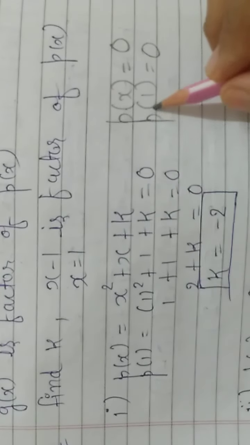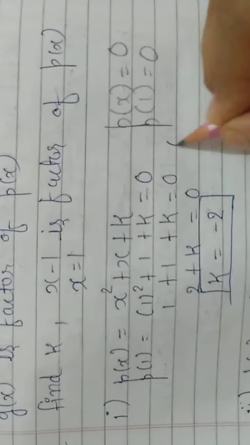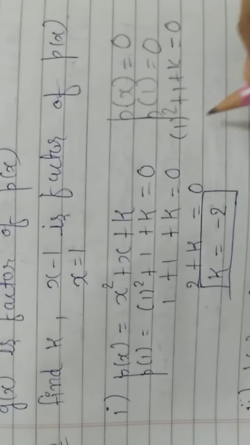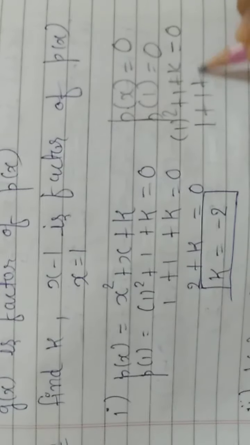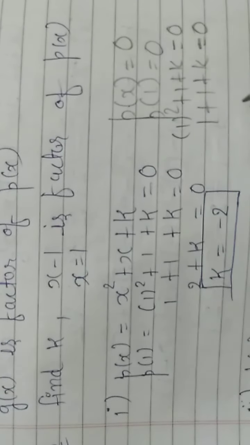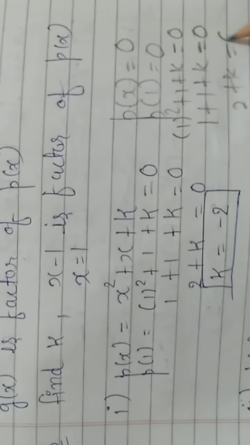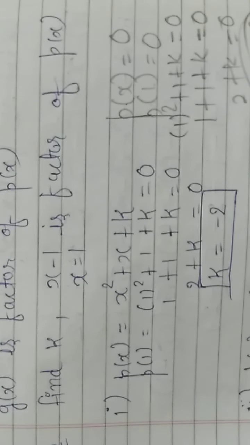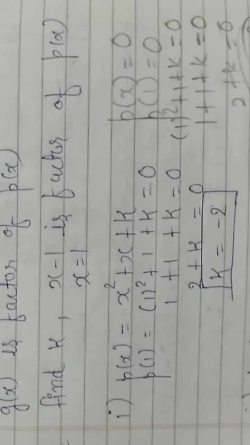Now p(1) here, write down 1 square plus 1 plus k is equal to 0. 1 square is 1, 1 plus 1 is 2, plus k, so k is equal to minus 2. This way you can find the value of k. Now question number 2,